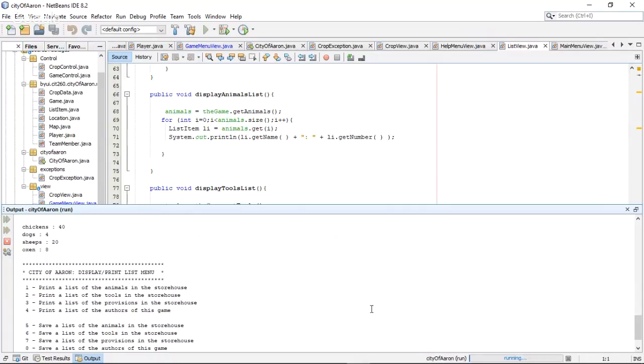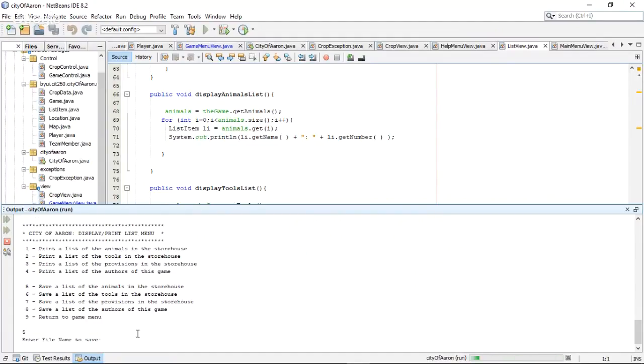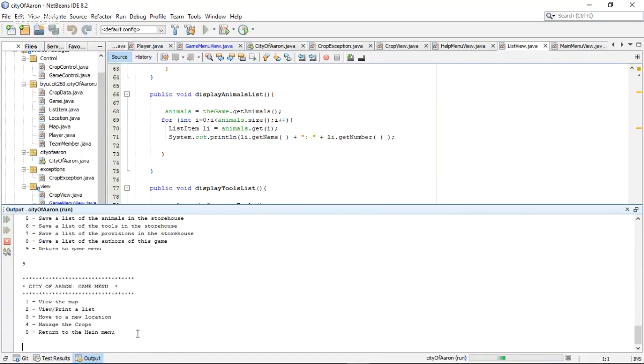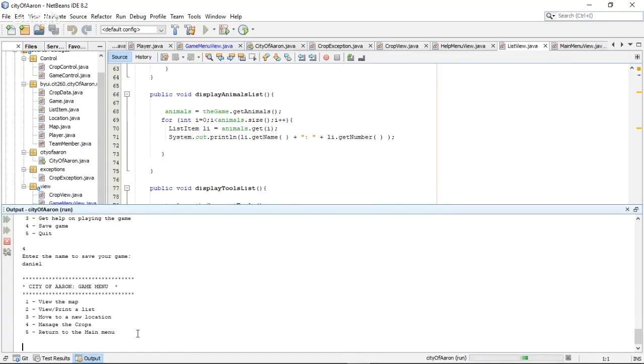Number 5, I can save, and I enter the name of the file. Okay, all the program works, and I go to save the game. This is the number, Daniel, and the game is